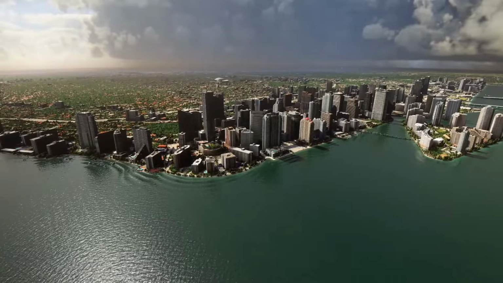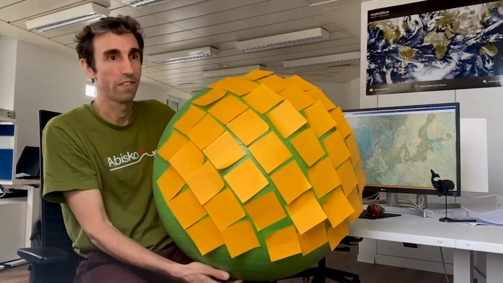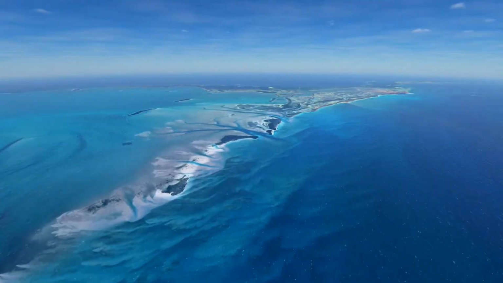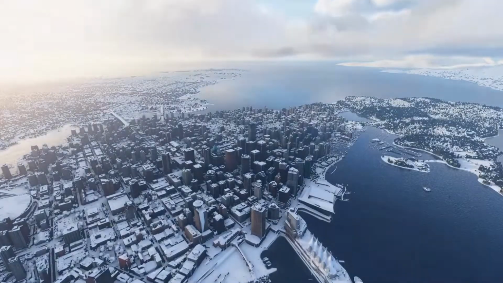a forecast. Basically, we start by dividing the Earth in a number of small boxes. For every box, we need to define the weather, and we do this by storing temperature, wind speed, humidity, pressure, rain, snow, and pretty much everything that defines